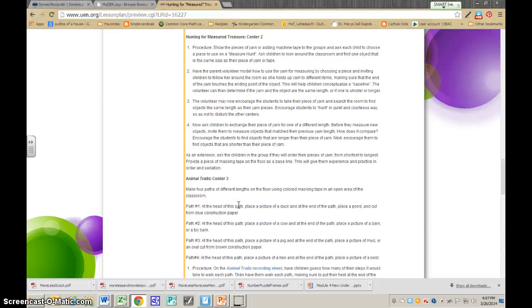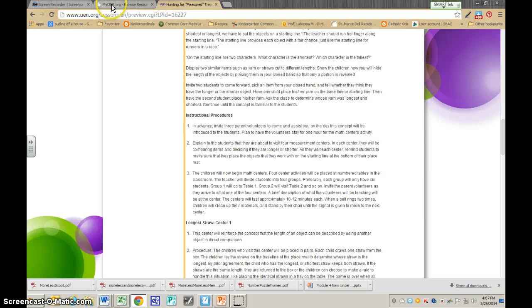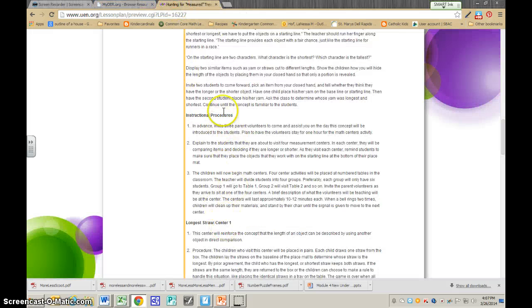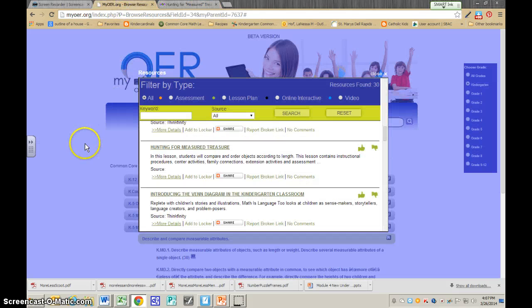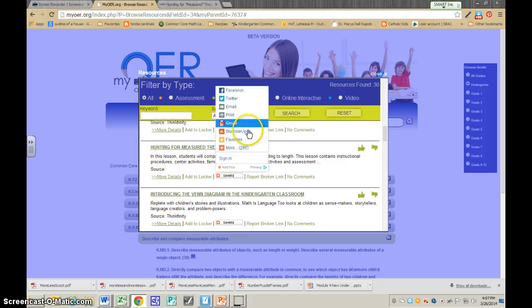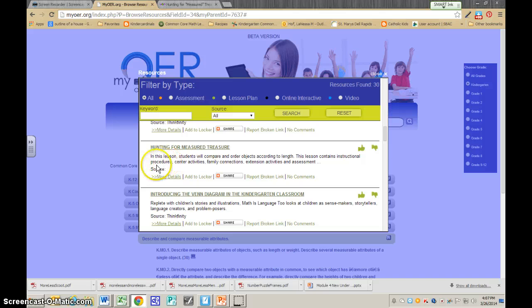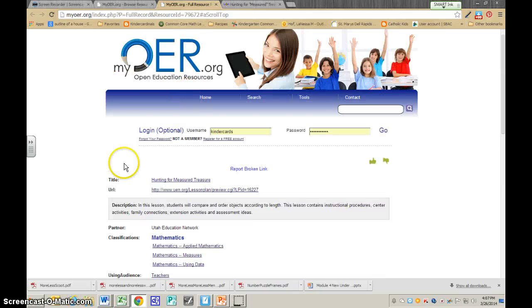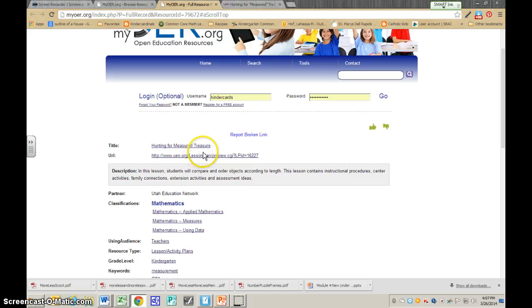Now, we're going to go back to myoer.org. As you can see, it just clicked open another tab. So we're going to go back to myoer.org, and here is my list of 30 resources that were found. But this time I'm going to click on More Details. If you click on More Details, this will take you to a page that does what it says, give you more details. Here at the top is your title, Hunting for Measured Treasure, the URL that we were just at,